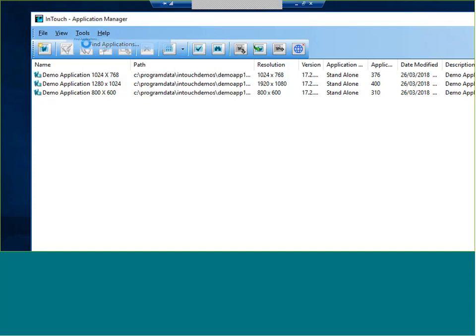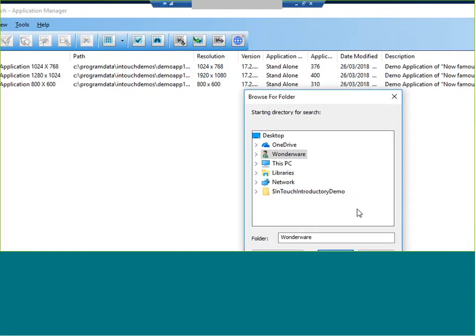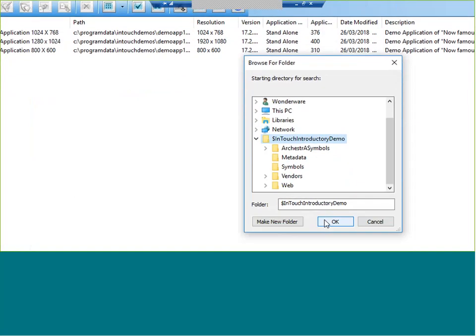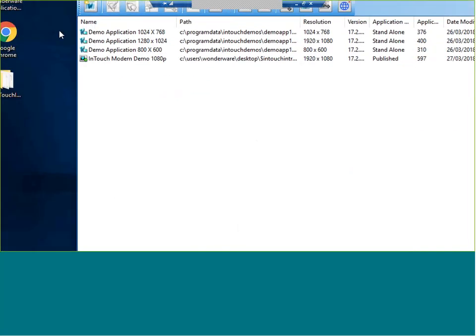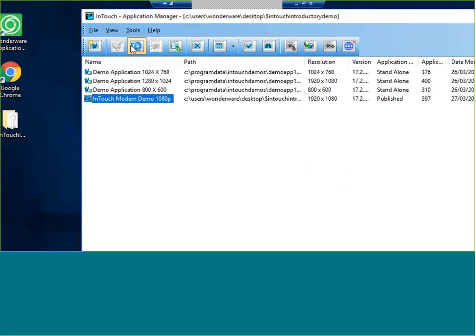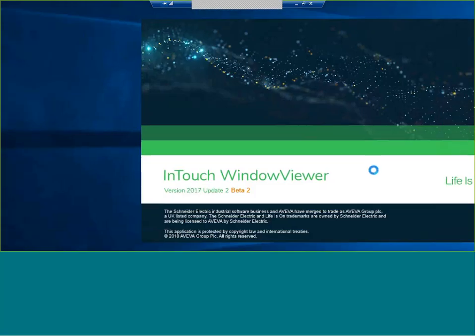So then all I have to do is find my InTouch application that I've previously published, add it to the environment, and then I just have to run it, because by running it, it means that it's going to be getting the values from the PLC. It has to be running in the background for my InTouch web client to be able to display data. That's all it's for. So I run this in runtime,